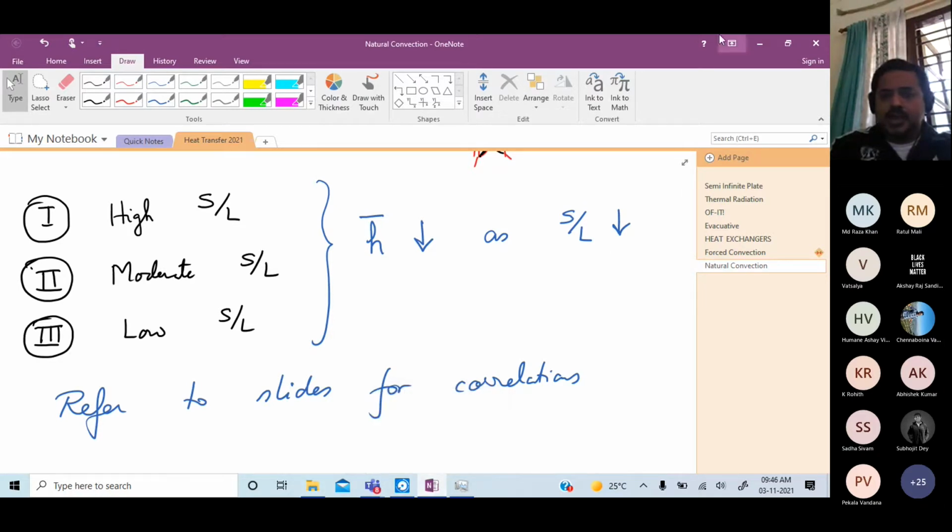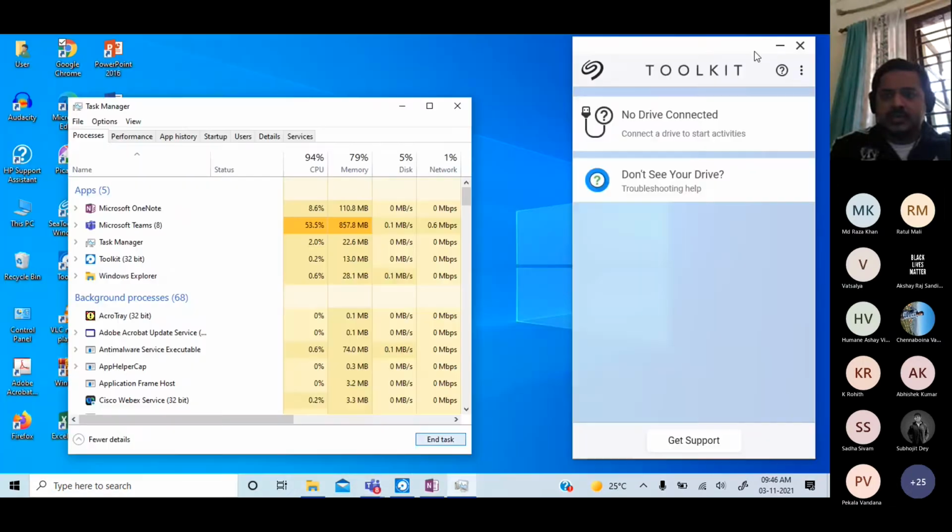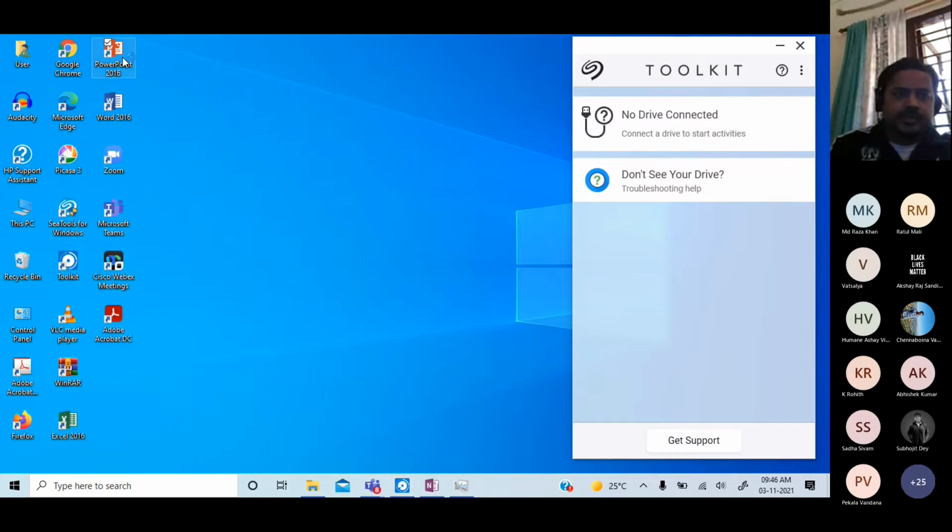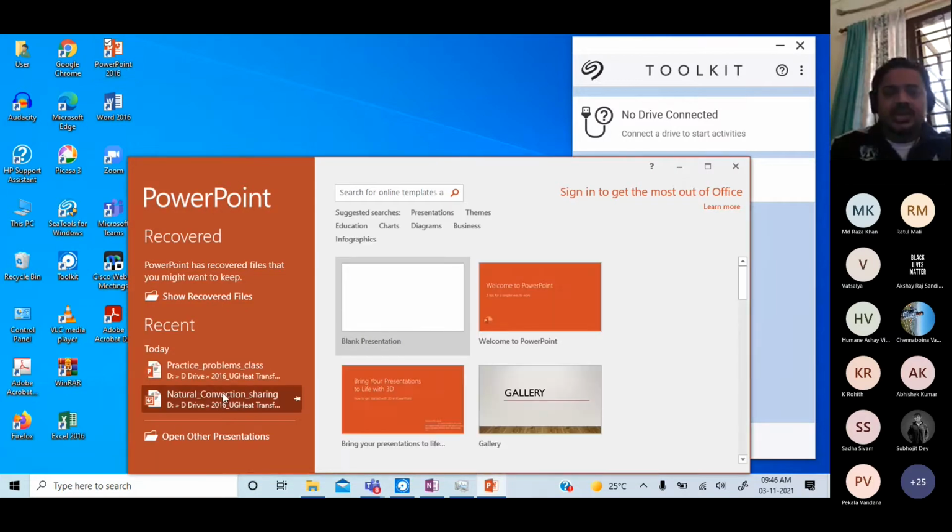Now I need to move back to the slides. What is the simplest way to do that? So here again, there are correlations. Okay. So correlations again depend on